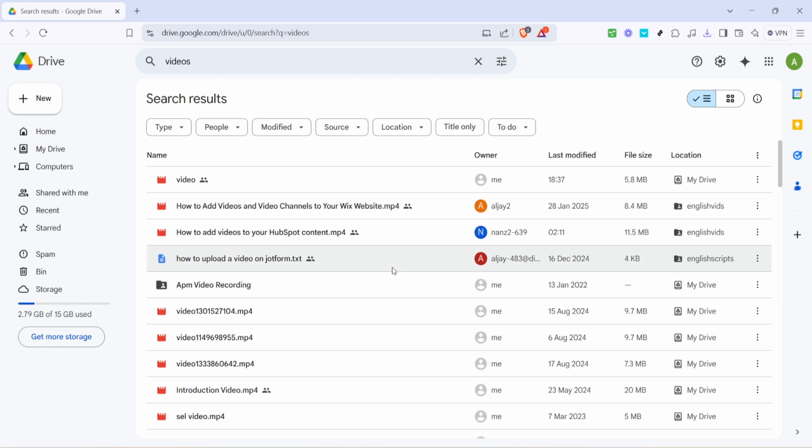Once your list is populated, scroll through the results to locate the movie file you wish to watch. When you find it, click on the file name. Google Drive will open a preview pane, giving you a look at the video file you selected. This preview is a great feature that allows you to verify that it's the correct movie, and at a quick glance check the file's details like the type and size, ensuring it's ready for playback.